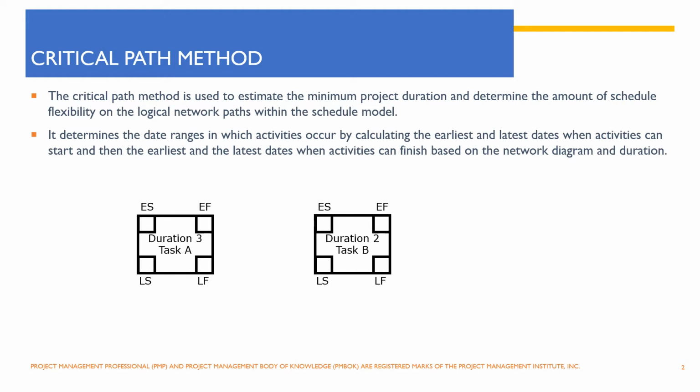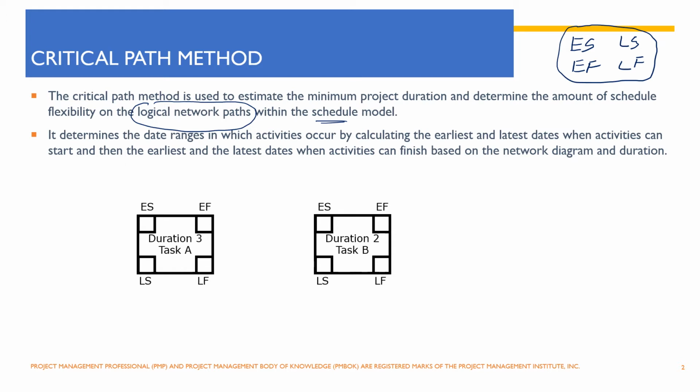The critical path method helps in estimating the minimum project duration, and it allows us to see the flexibility that we have on the various activities within our logical network paths when we are creating the schedule. So we do that by calculating the early start, early finish, late start and late finish dates of the activities,